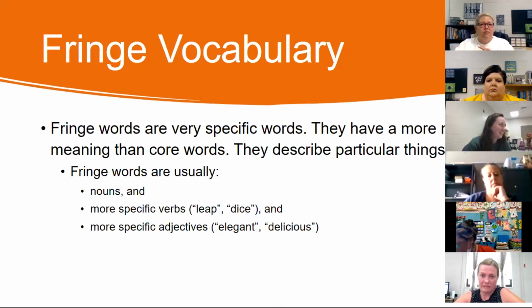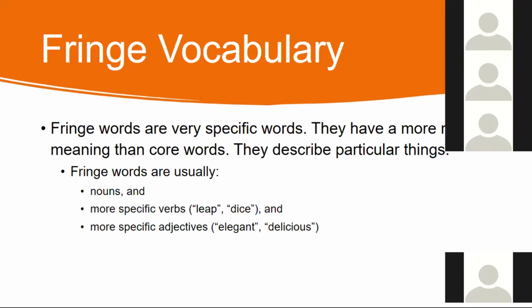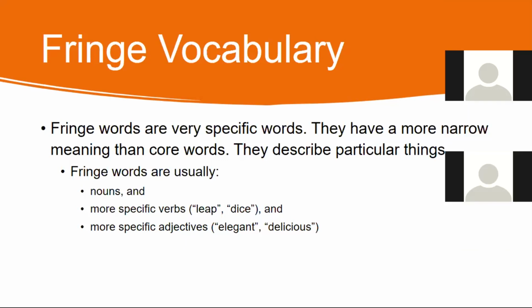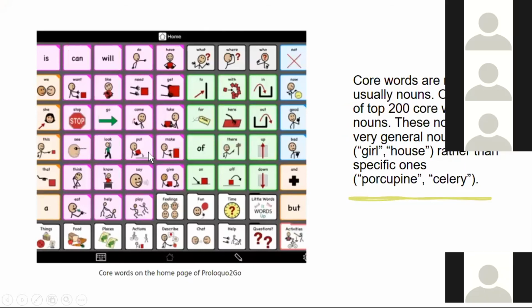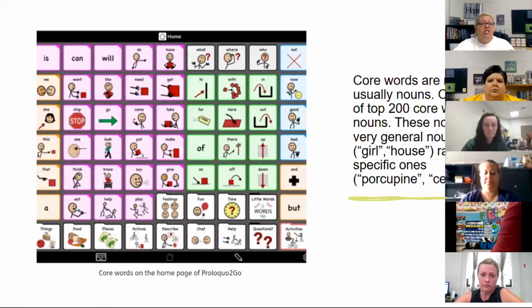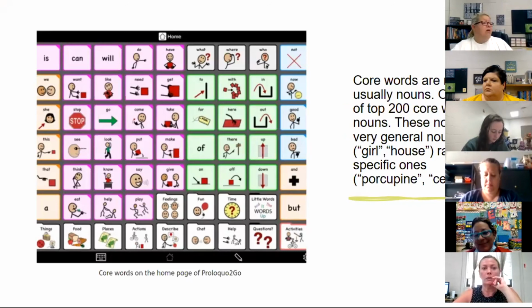And while I'm talking about the Unique Learning System and Symbol Stix, Symbol Stix is the symbol system where these symbols can be found, the boards can be created, all of that. This year, all special needs preschool teachers will have a subscription to Symbol Stix. So you're going to be able to make these boards. You can make games, flashcards, bingo games, boards, all kinds of stuff for your students.